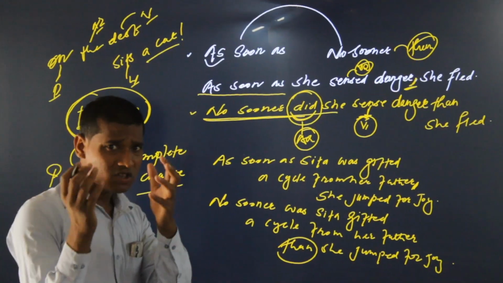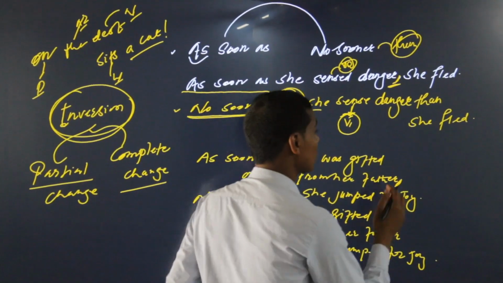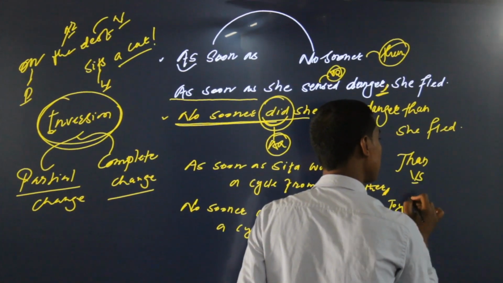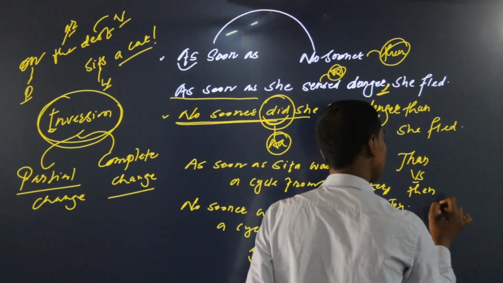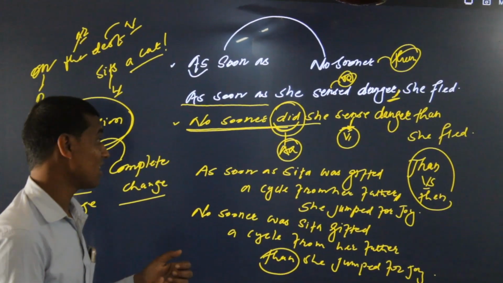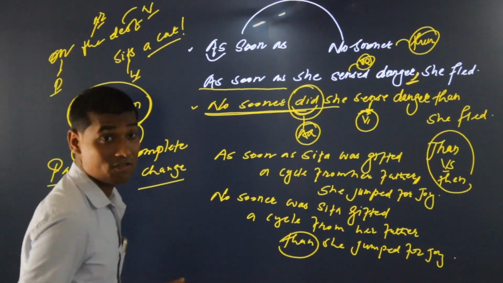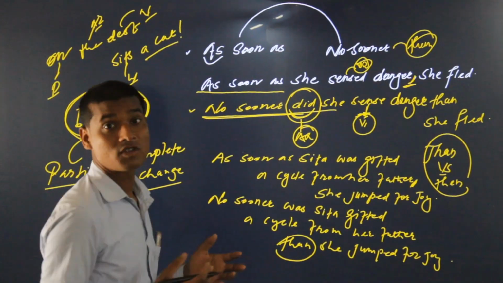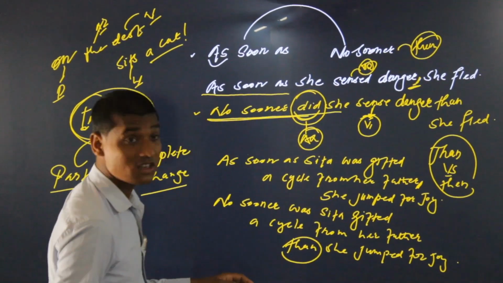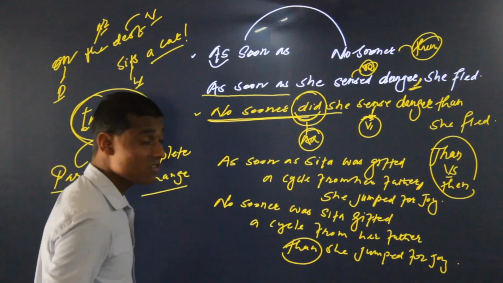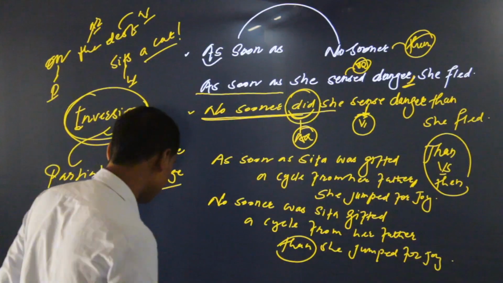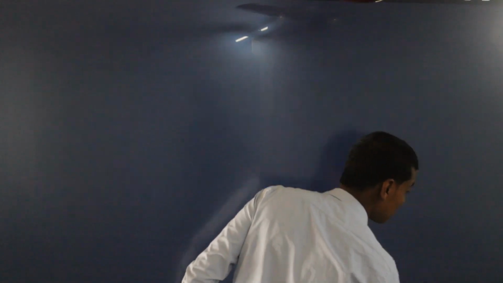And one more common error that students make is they don't understand the difference between than and then. We'll understand it later. For now, we have to talk about transformation. So now we are going to understand some other things that help you bring out the best in the chapter transformation. Let's change the page.